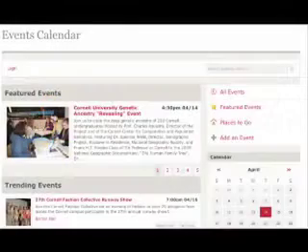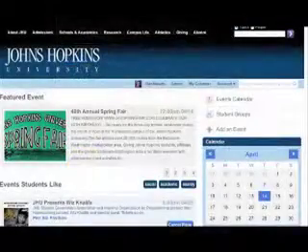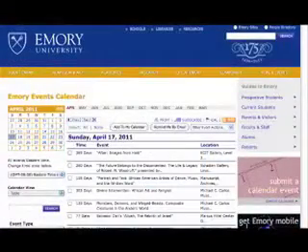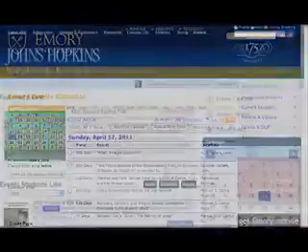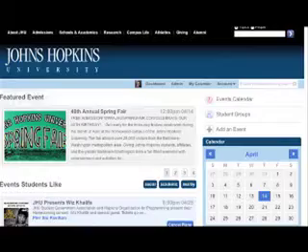I'm going to show you a couple examples of what they've done. They handle Cornell's. They also handle Johns Hopkins. These are just a couple examples of the calendars they put together. Now, when you compare this to Trumba, you're talking about static with a list where the information is there, versus making the information attractive. When I looked at Localist, Joseph, I thought it looked somewhat similar to Happenings. If you're looking for a vendor solution, I haven't worked with them. I don't know if they're easy, if they're cheap, or what, but I do think the final product, out of all the vendors in higher ed that offer calendar solutions, looks the best.